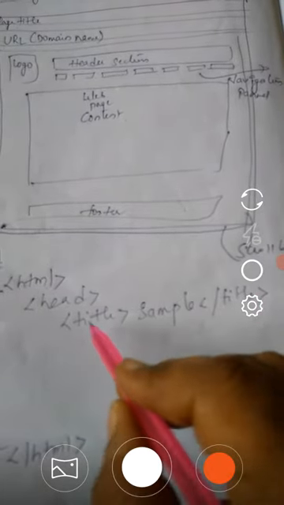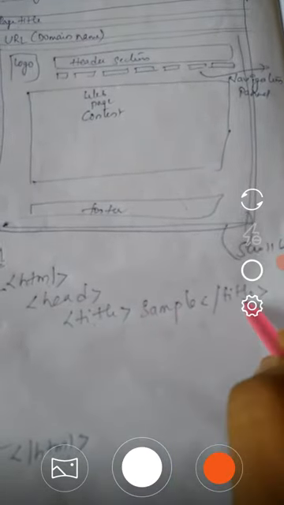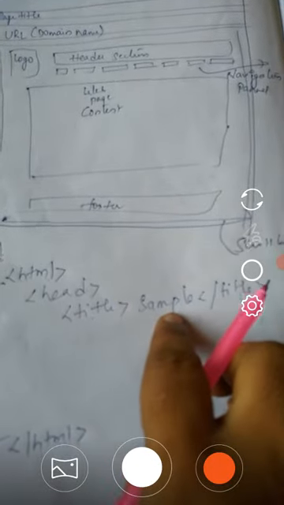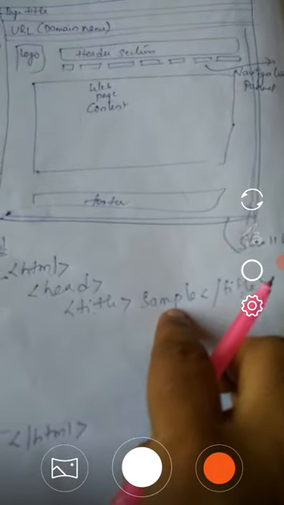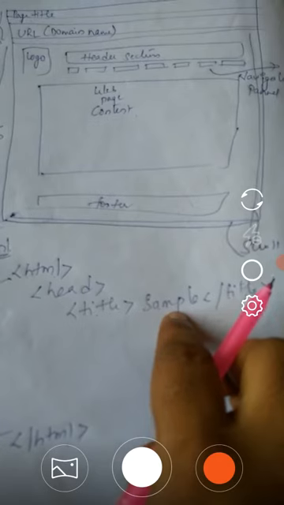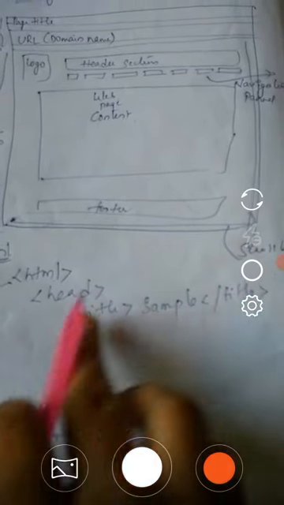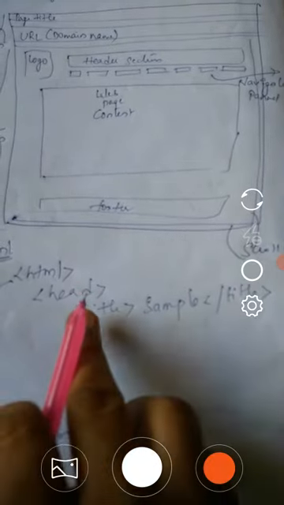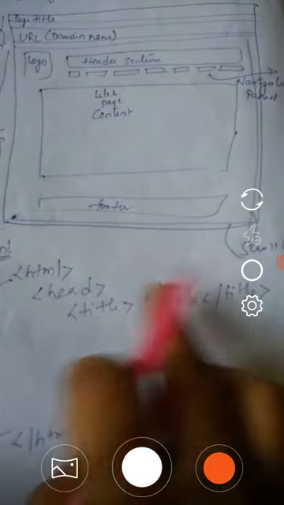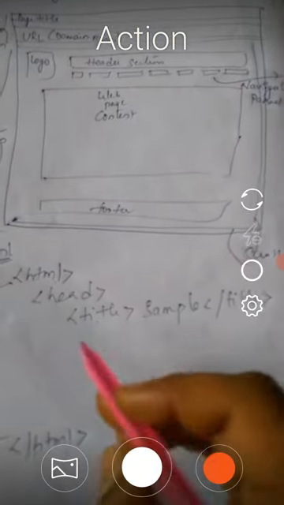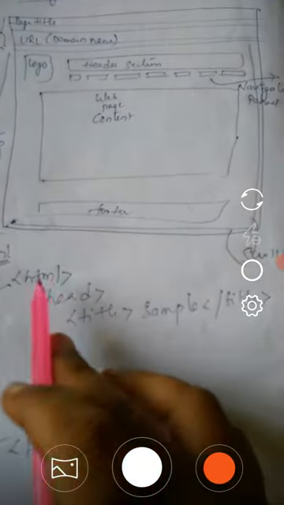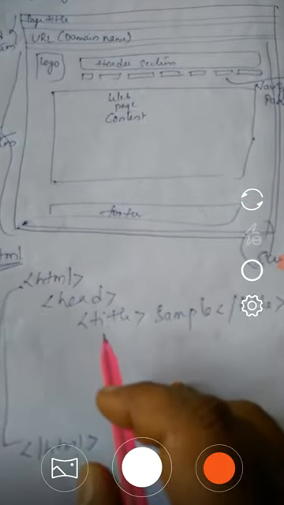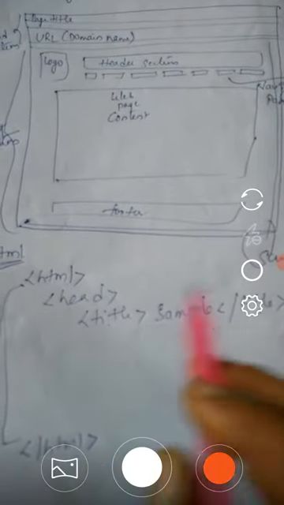So this title is a paired tag. In between these tags I want to represent the element of my web page title. This is the opening tag and this is the closing tag. Whenever a tag has opening and closing tags, we can say that it is a paired tag or a container tag. So here the title tag, head tag and HTML tags are paired or container tags.